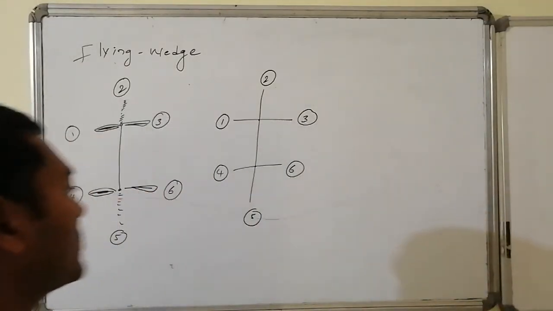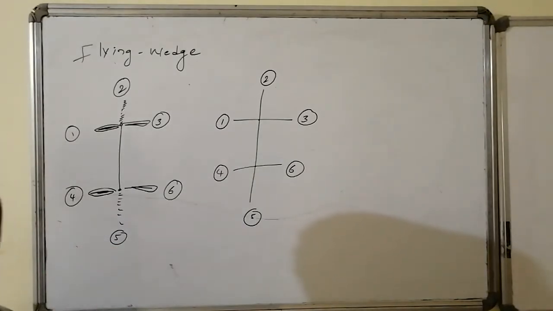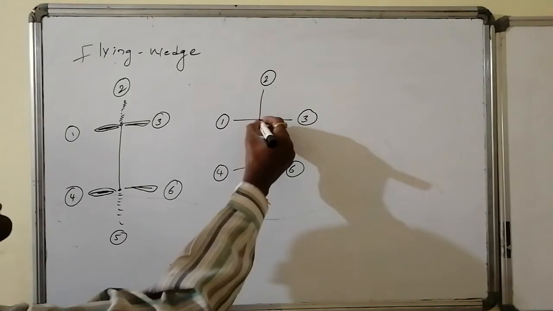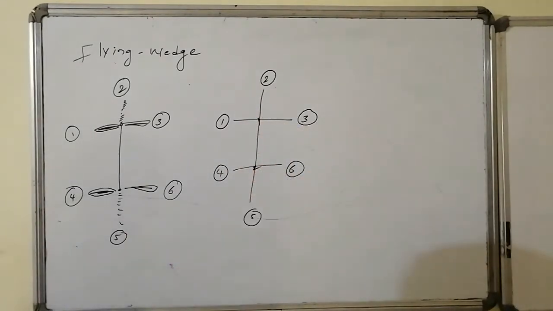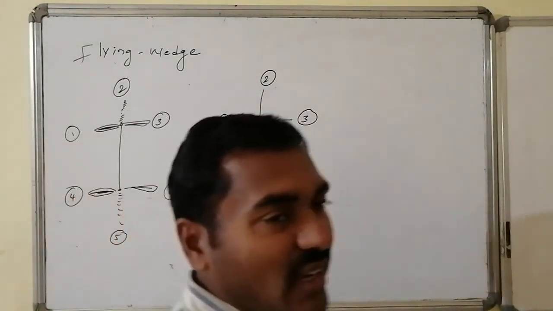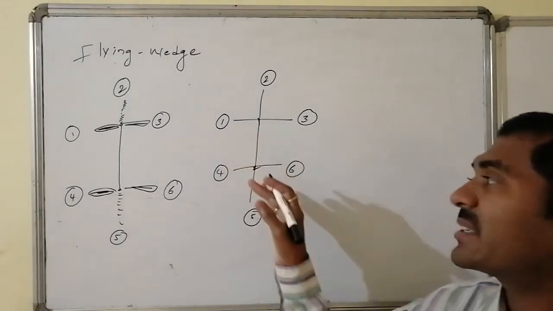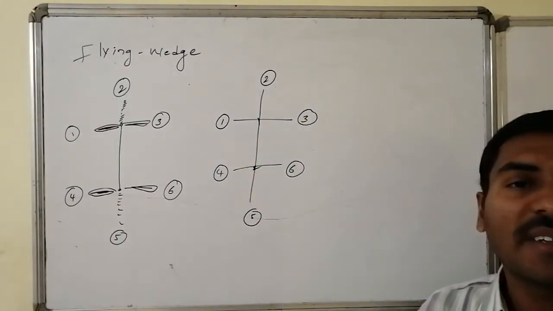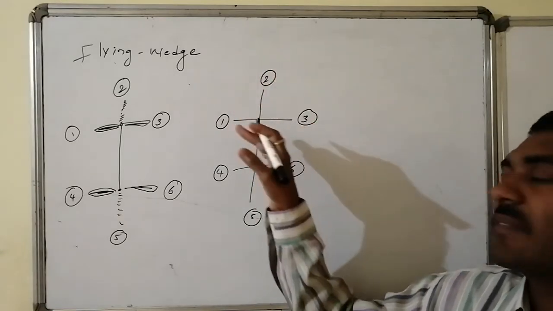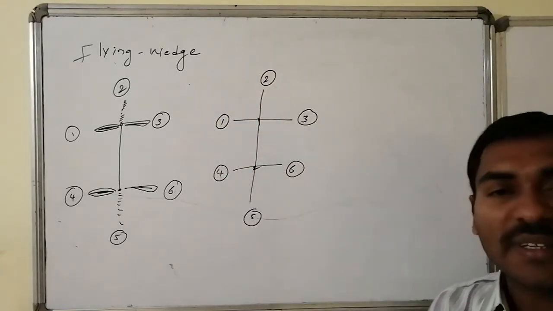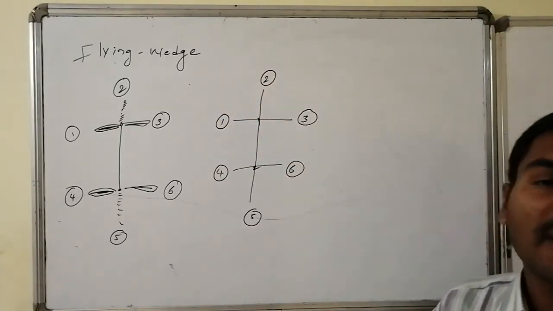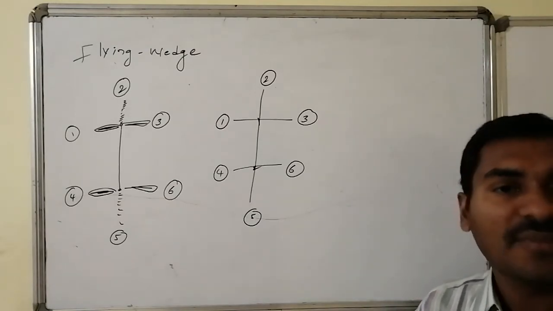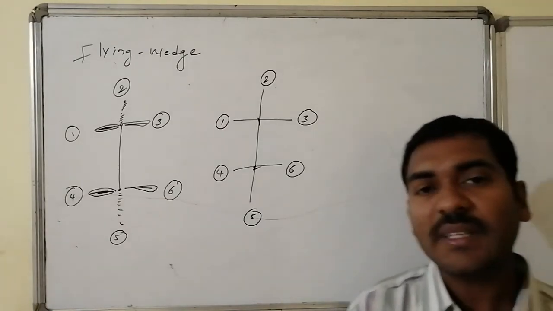But we know the rules in flying wedge presentation as well as in Fischer presentation: even transformations on any carbon atom lead to the formation of the same structure. Yes, the even rule is applied for carbon 1; say this is carbon 1, say this is carbon 2. The even rule is applied for carbon 2. Suppose I feel this carbon-carbon connectivity appearance is compulsory, I can apply this even rule for valencies 1, 2, 3 and valencies 4, 5, 6 in between them. So I can get other appearances, but which are the same structure for the molecule.